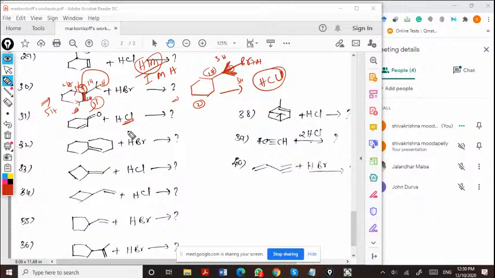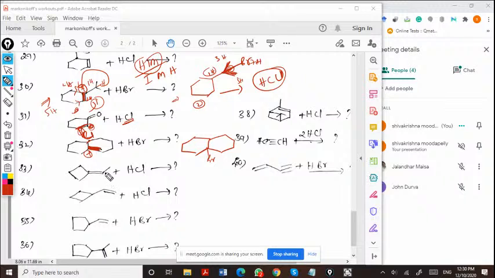Next, HCl addition. So there is a possibility of carbocation generation here and here. So this is more stable, so Cl will be going to add here. 3-chloro cyclohexanol. If this is the case, carbocation will be generating here, which is more stable, tertiary. So the final product will be